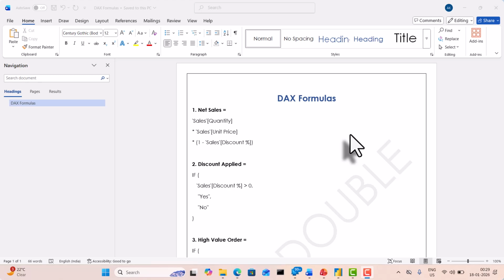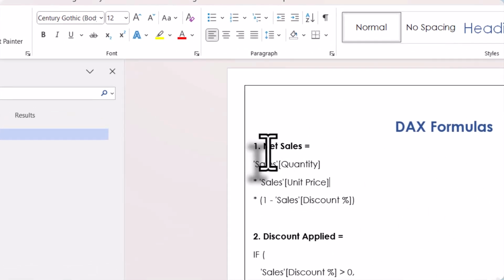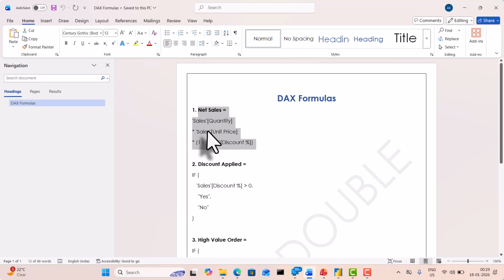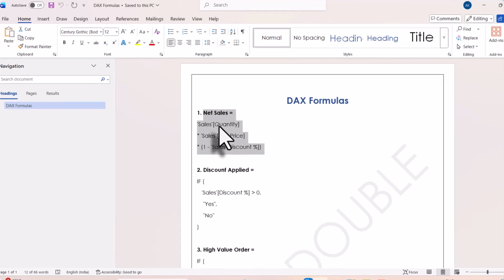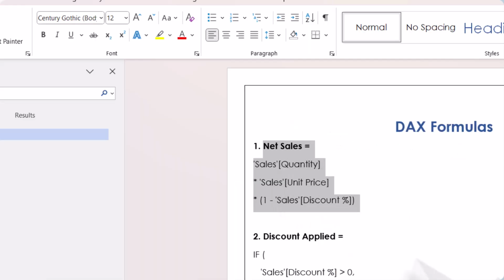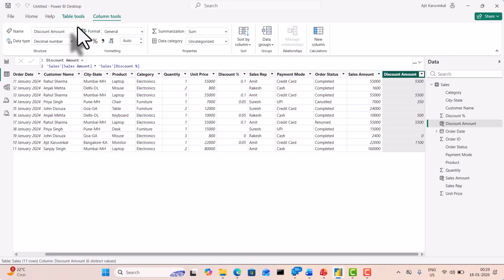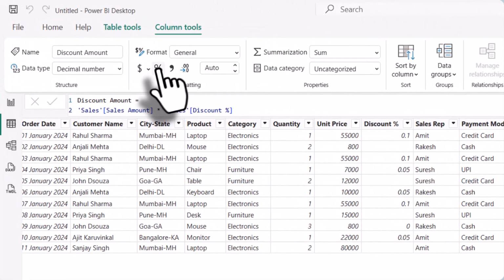Hey guys, so let's see a few more formulas, as I mentioned. This formula will help you get the net sales directly by multiplying the discount percent with the sales quantity. So let me copy this entire formula and then we are going to